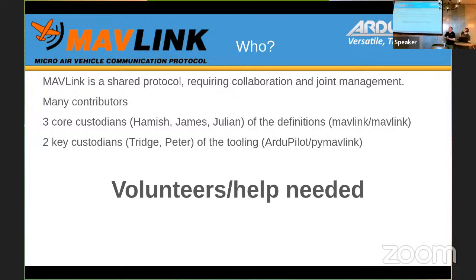Right. So leading on from that, this is just the quick overview. How Mavlink is managed, much like ArduPilot, through development calls and pull requests into GitHub. The core management team for Mavlink Common, if you like, is basically Hamish and myself and Julian O's. Conveniently, we're all in very similar time zones.